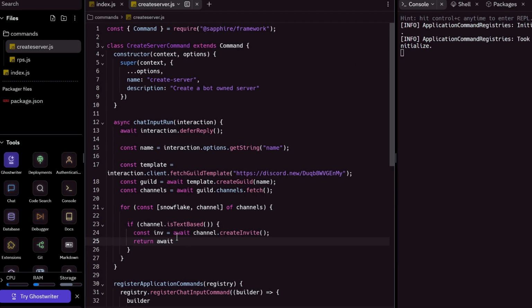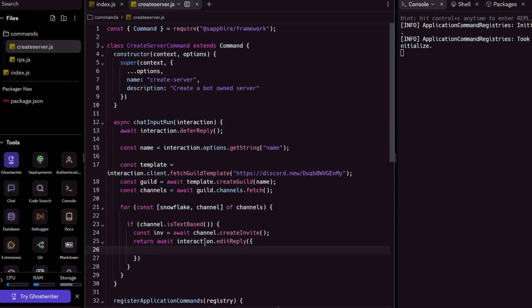So return await interaction, and we have the return here because it's going to return out of the function. So this one goes through each channel in the list of channels, but once we find the right channel, we just want to get rid of or exit this function right here. So we're just going to return out of here. So return await interaction.editReply. So we're editing the reply from this deferred reply right here, the thinking part,